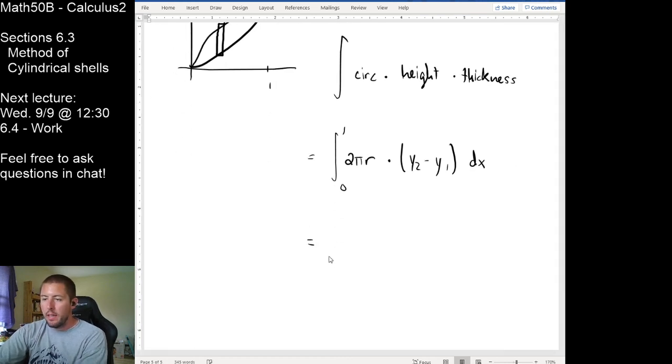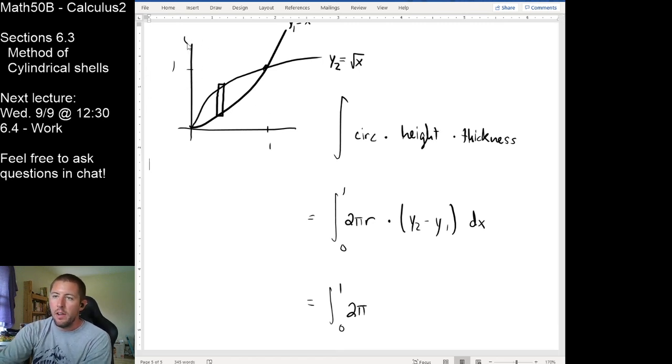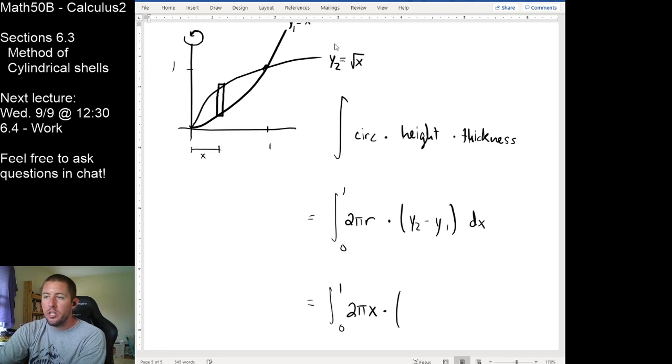It looks like, in this case, 2 times pi times, and I'm noticing here our radius from our axis of rotation, which I probably should indicate here. Our radius is always the distance from the axis of rotation to our representative stick. In this case, that distance is exactly the x value that we're currently sitting at. So 2 pi x times y2 in terms of x is root x